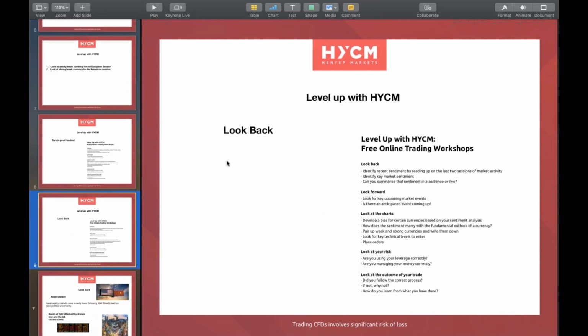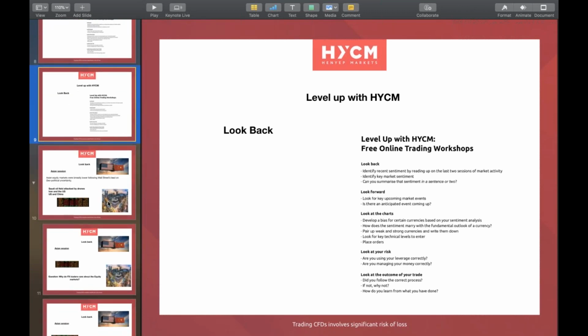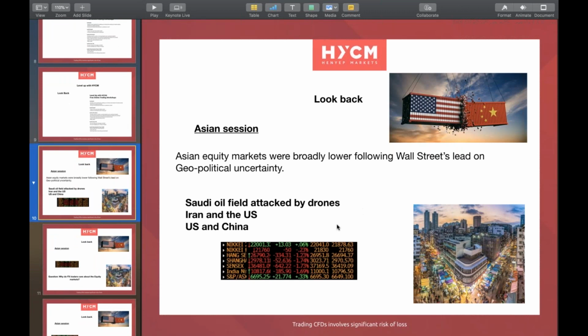The first thing I do when I look back each morning, when I come to my desk, is want to know what the Asian equity markets were doing. I come to my desk just as the Asian equity markets are closing, and I want to see what the overnight mood has been. So this morning, at the start of the European session, at the end of the Asian session, which is about 7:30 GMT, the Asian equity markets were broadly lower, following Wall Street's lead on geopolitical